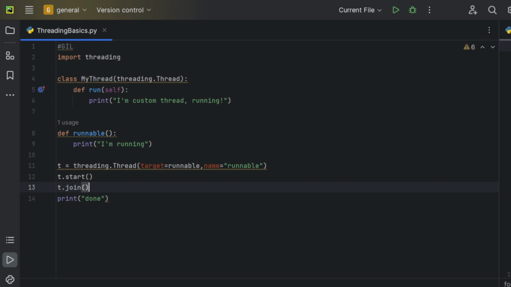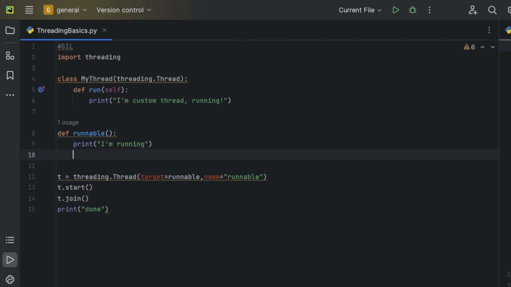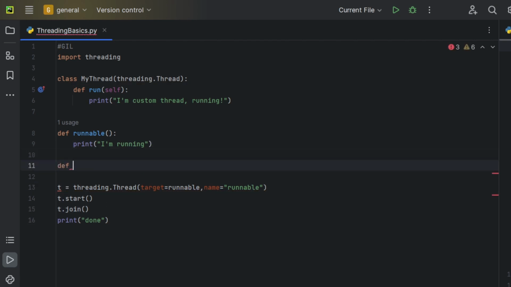And suppose you have a Callable, something which needs to be called, then the case is different. Then you have to write